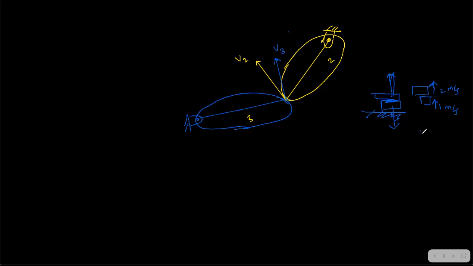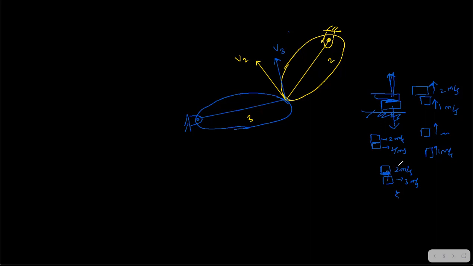Just imagine two cars. One car is going with 2 meters per second, another car is going with 1 meter per second. Will they have some difference in distance or not? Yes. So is there a contact? No. But if two cars are attached back to back, and this is going with 2 meters per second and this is also going with 2 meters per second, are they having the same relative velocity? Yes, they are having the same relative velocity. Now another case, if this car is going with 2 meters per second, but this car is going with 3 meters per second, when they are at the point of contact, what will happen? The car behind will push into this one.